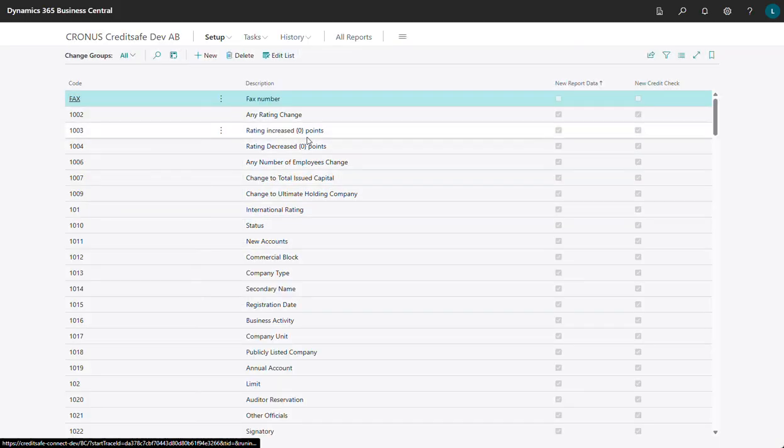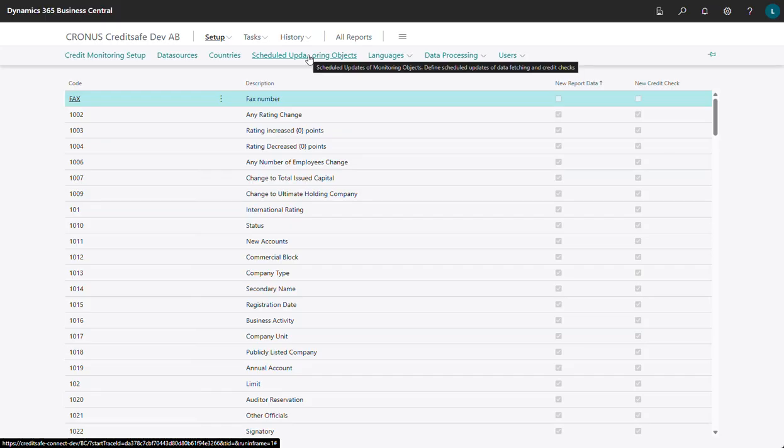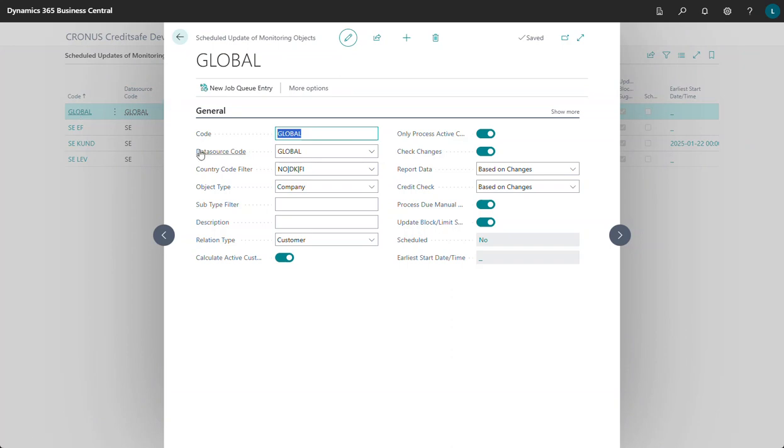As I mentioned, these change groups are used in the automatic updates. And if we look at the definition of what we call a scheduled update on monitoring objects, normally you just have one, which just updates all your monitoring objects. In my database, I have a couple of different scenarios. If you look at the one that I have that is filtering on the global data source, performing automatic updates for Norway, Denmark, Finland,